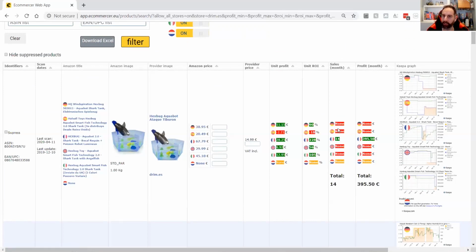So this was the sales amount column. For this product, only France is generating some sales, 14 sales, and that's also what's generating the profit amount. The profit amount is the multiplication between the individual profit, the unit profit, and the number of sales. So if you multiply this number by this number, you get this number here, which is the expected profit amount for a certain country. Then if you sum all the values here, you get the total profit amount,